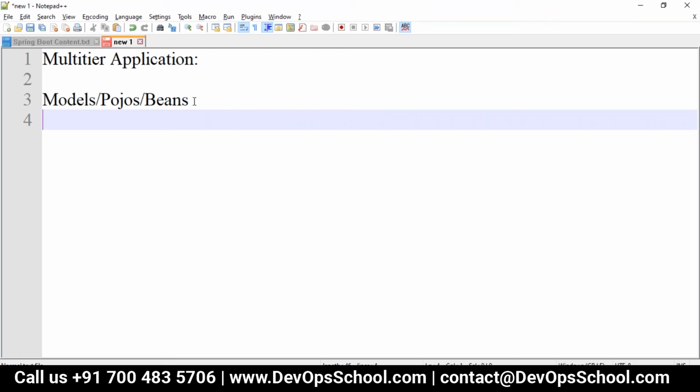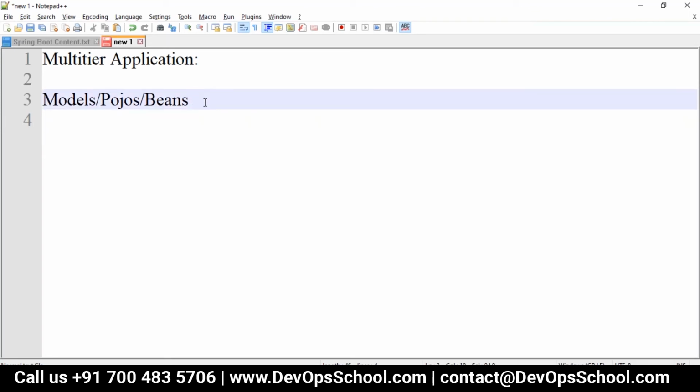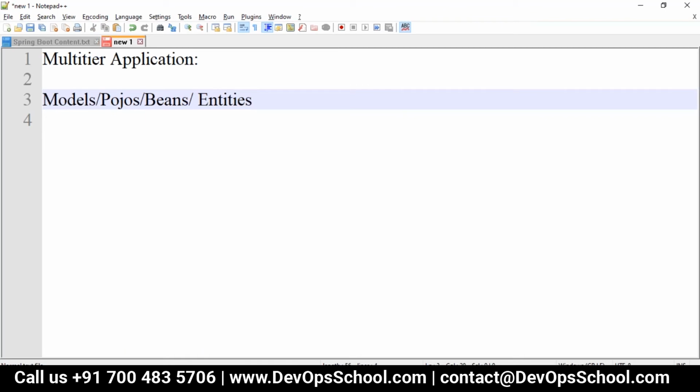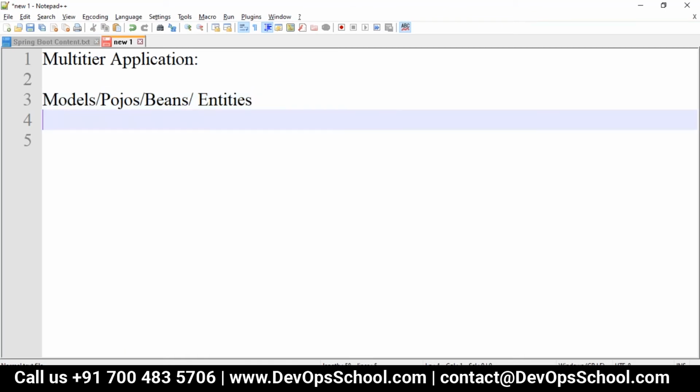If you are working with any ORM framework, like Hibernate or JPA, we make them entities, which represent your data structures or database.